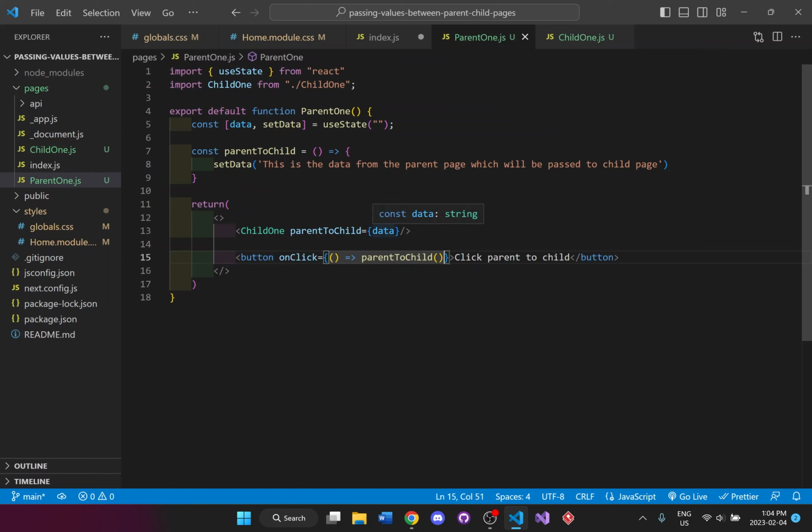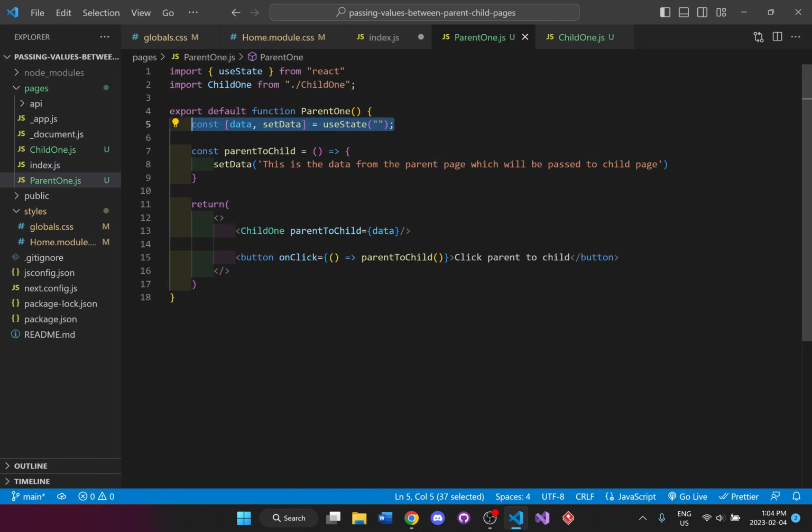function. So what it'll do is, right now, there's no data in our use state. It's empty initially. And only when you click on this button, it will trigger this function to run. And it's calling the parent to child, which is right up here. So this will run and it will set the data to this sentence.